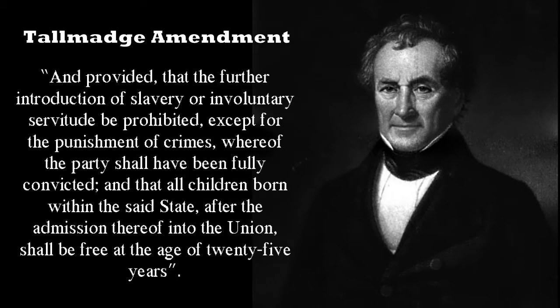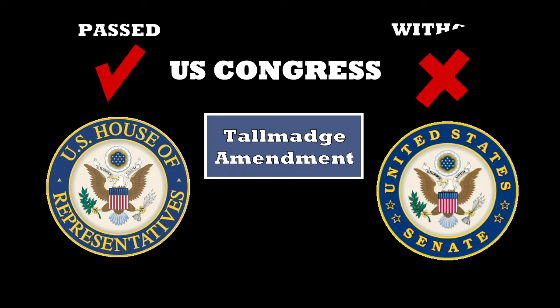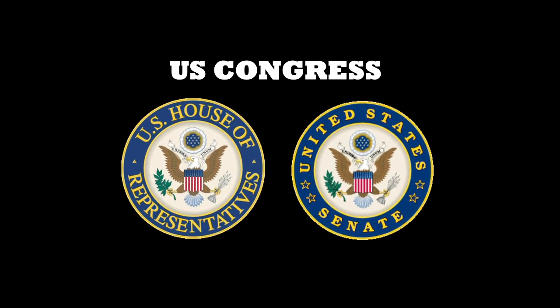The purpose of the Tallmadge Amendment was to stop the importation of slaves into Missouri and gradually liberate those already in bondage. Slaves were to be freed once they reached the age of 25. The Tallmadge Amendment was passed by the House of Representatives, but mainly because the North had a larger population than the South and therefore more members were represented. However, the Senate passed the bill without the amendment due to the Senate being divided equally between slave and free state representatives. Because of the disagreement between the House and Senate, both sides were forced to come together to pass a bill. This is known as a conference.